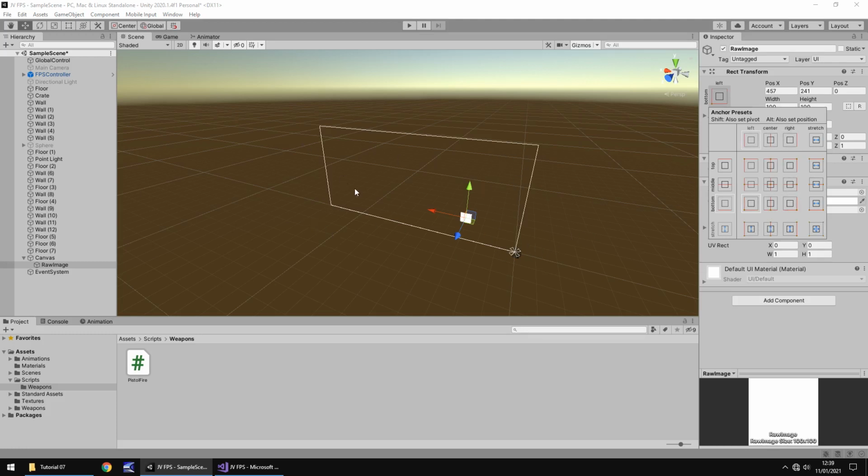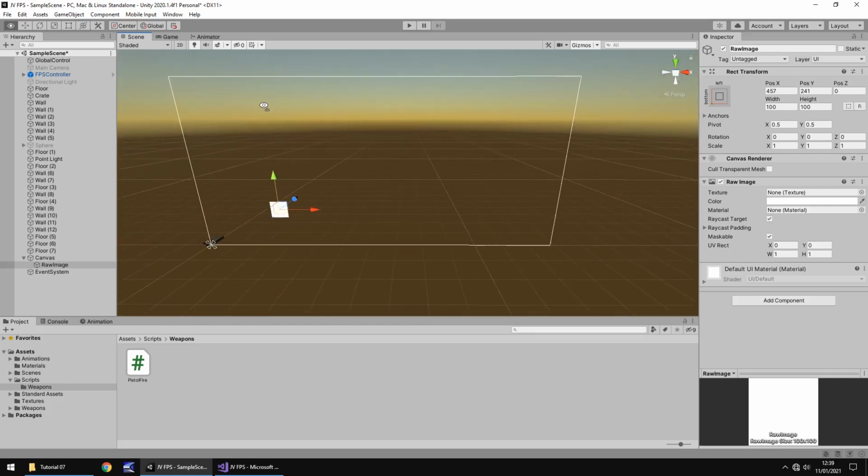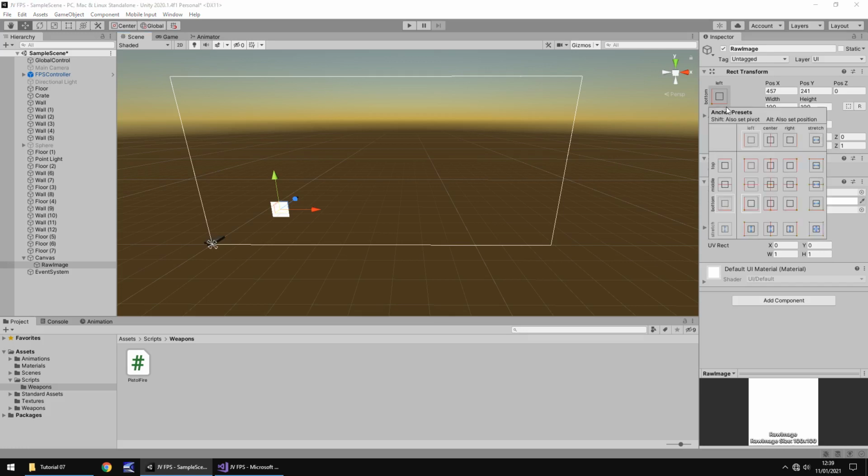Reason for that is just because we're currently looking at the back of the canvas. So to do that, let's just pan around, switch across, and pan back around. And there's the front of the canvas. So it's always worth being mindful of how you're looking at the canvas, because sometimes it can be hard to tell. But you can always tell which way you are looking at, whether it's front or back, just by quickly checking the anchoring positions. Now, because we want this center screen, we're going to click on Dead Center,